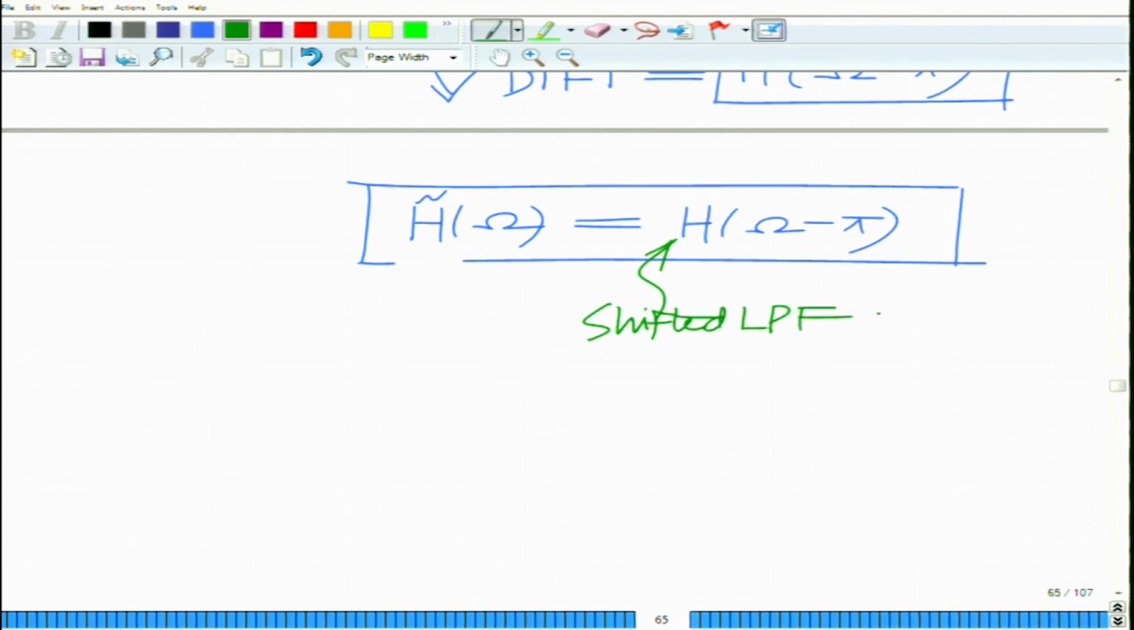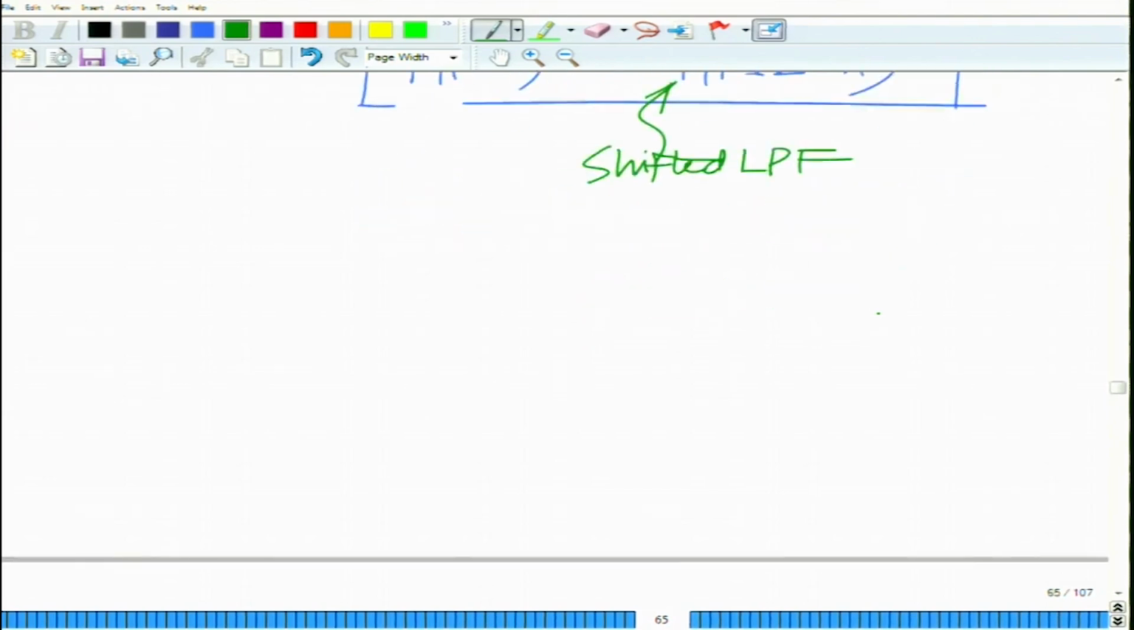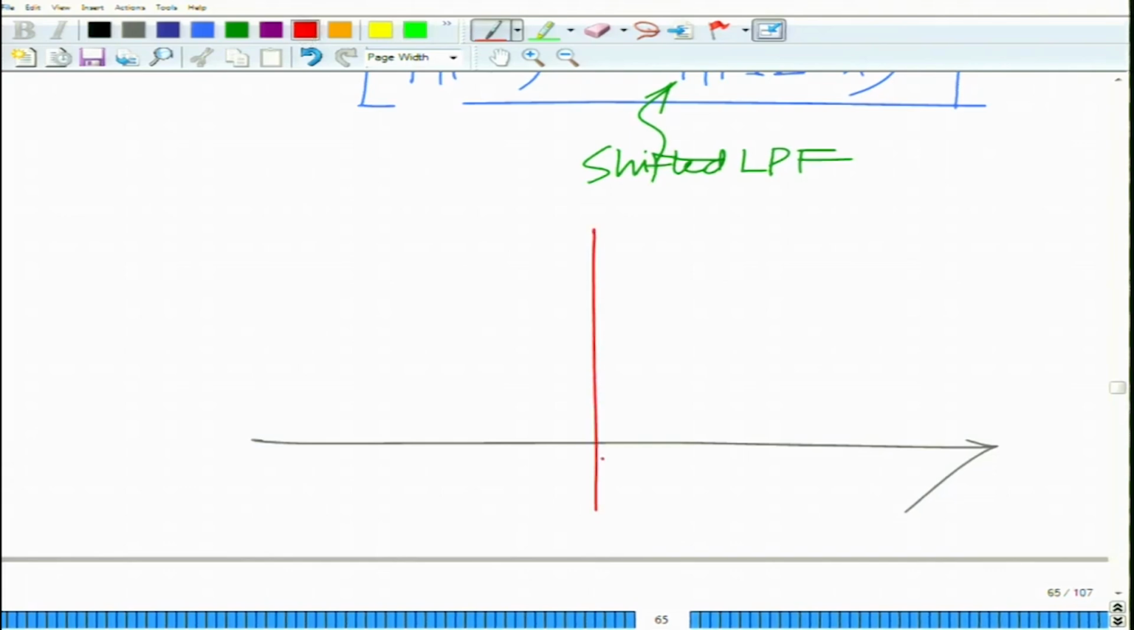Okay. So, this is the shifted LPF, and once you shift the LPF, remember with cutoff frequency omega c, it is very easy to derive that, that is going to look something like this. So, you take the original LPF, you shift it by pi, so it will be now centered around pi, and so this is pi, and this is 2 pi. At 2 pi it will be 0. So, at 2 pi it will be 0,